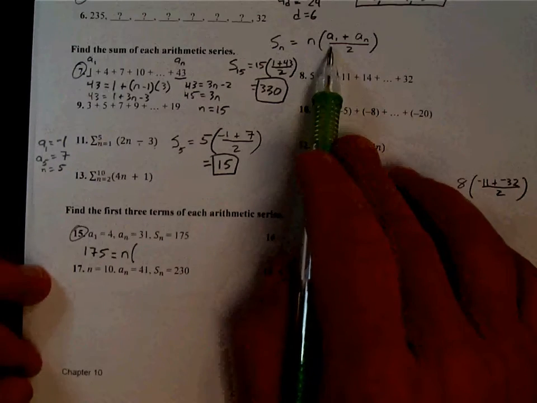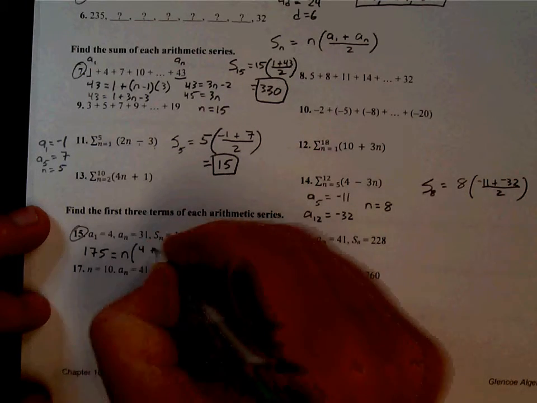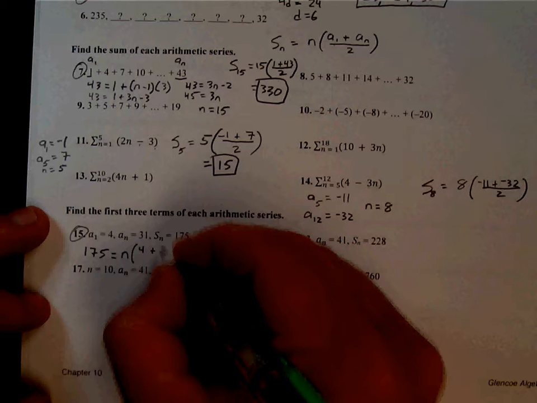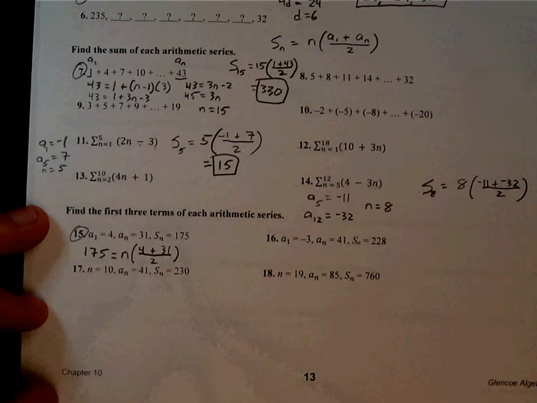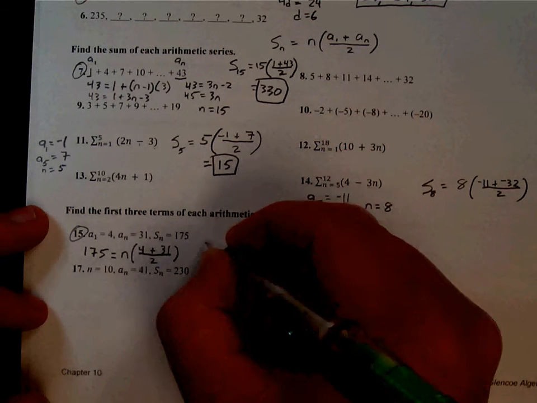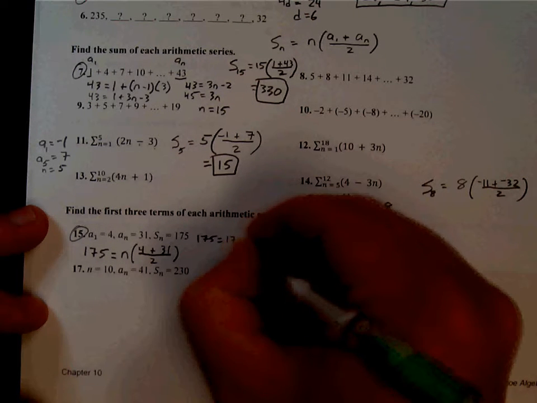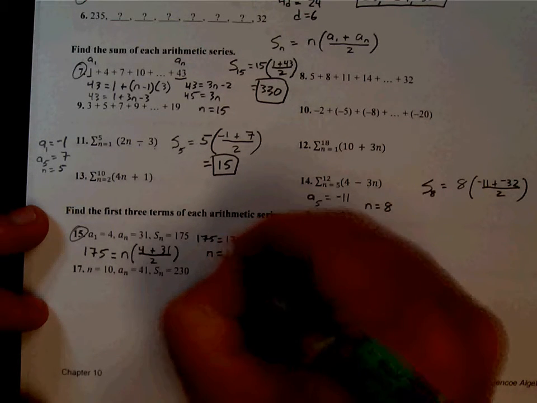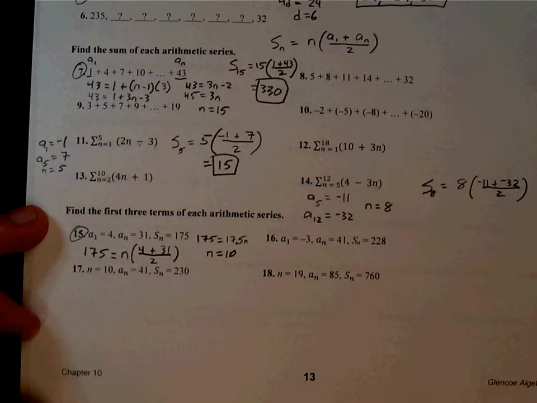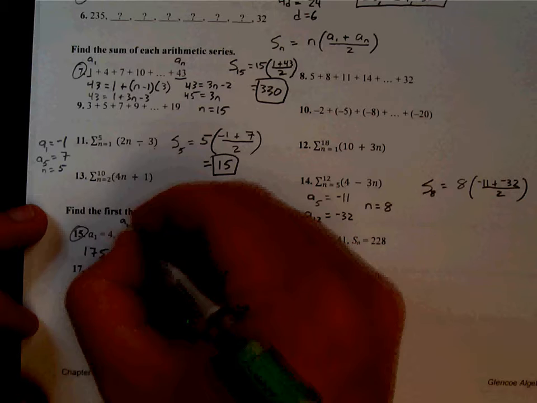Then it calls for a sub 1. A sub 1 is 4. Then it calls for a sub n, the last term, which is 31, divided by 2. So 4 plus 31 is 35. Half of that, 17.5. So we have 175 equals 17.5 n. Divide by 17.5, we see that n is 10. So now we still haven't answered the question, but I know that this is the 10th term. A sub 10